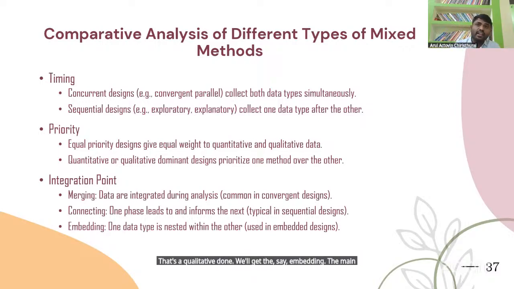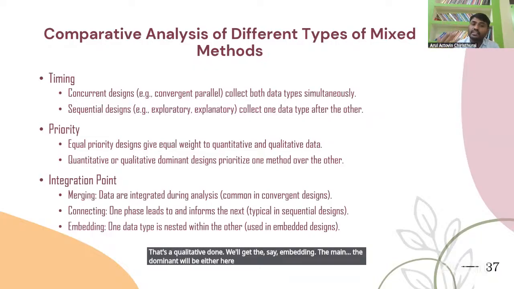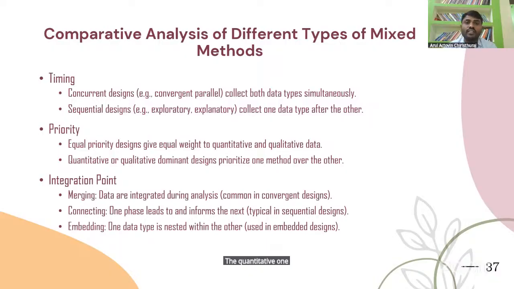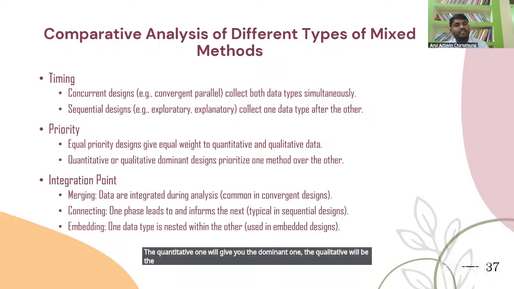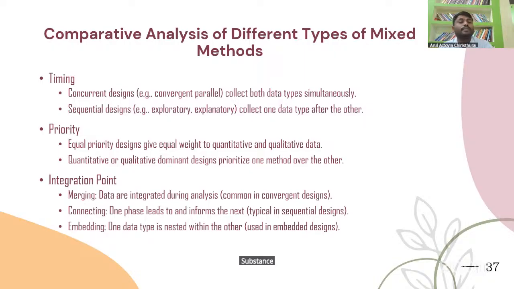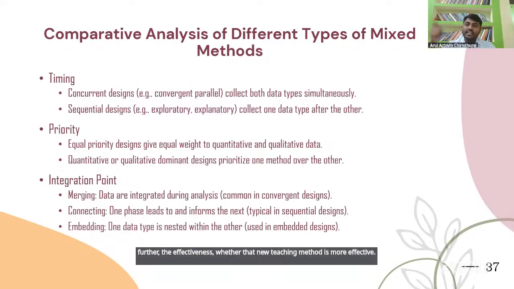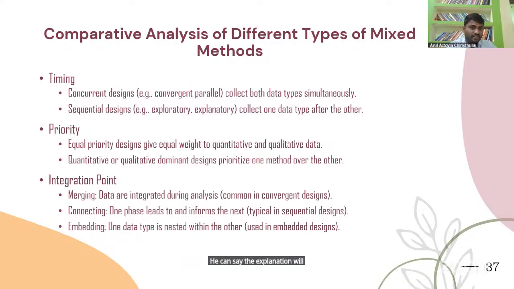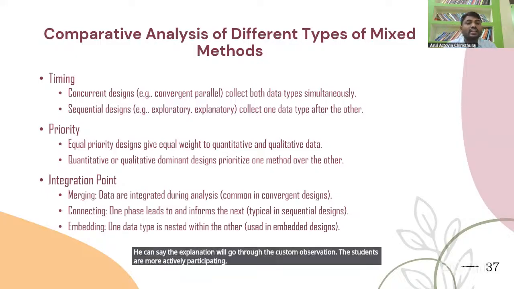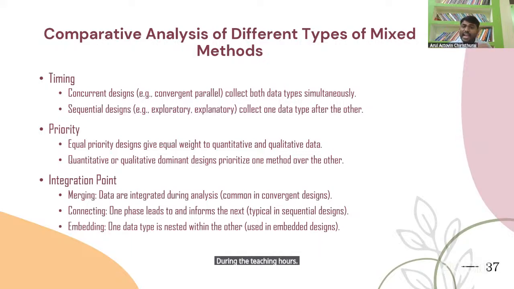In the example we have seen, the quantitative one is the dominant one. The qualitative gives substance to the findings on whether the new teaching method is more effective. The explanation is given through the classroom observation: the students are more actively participating during the teaching hours. So that can be embedded with the main research.